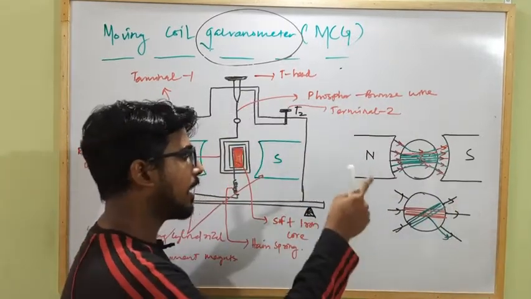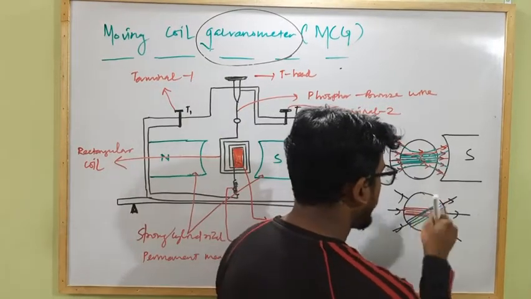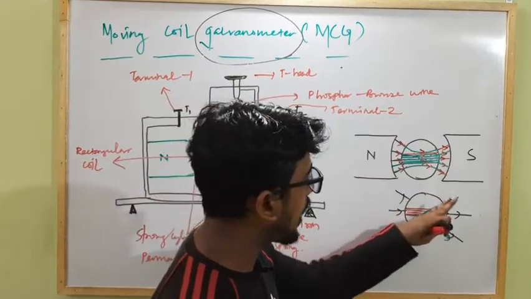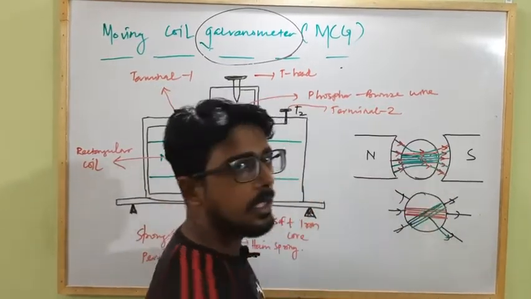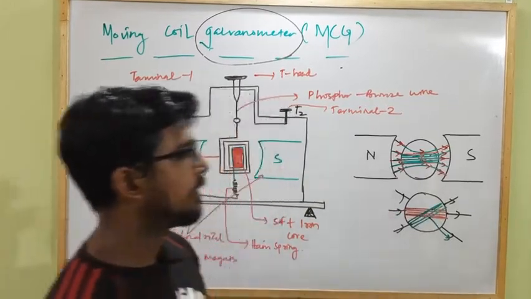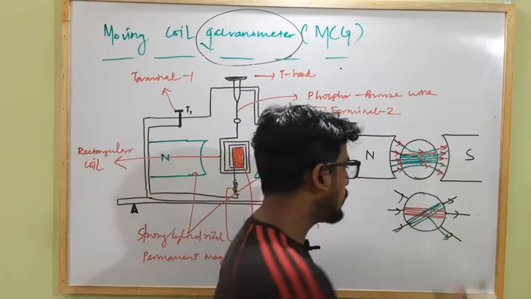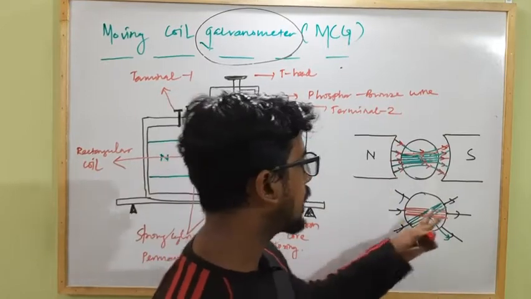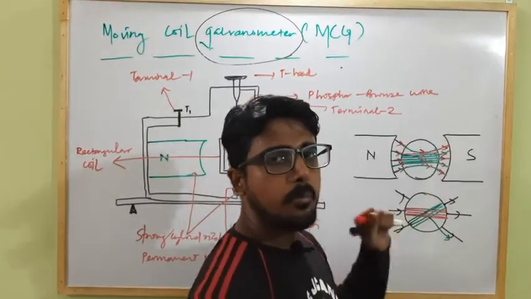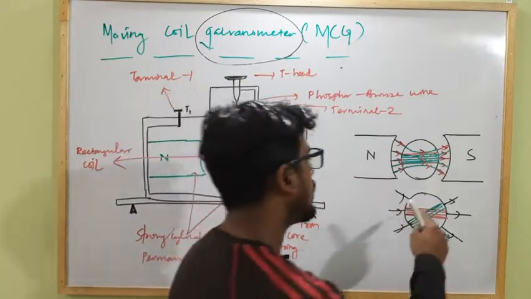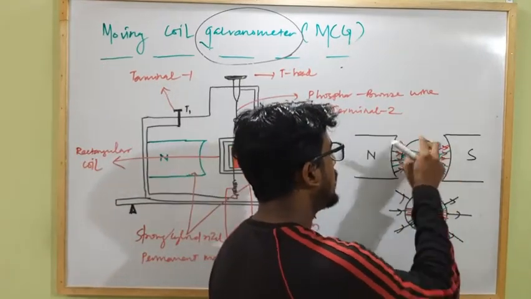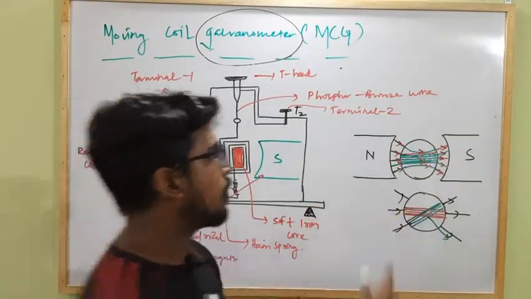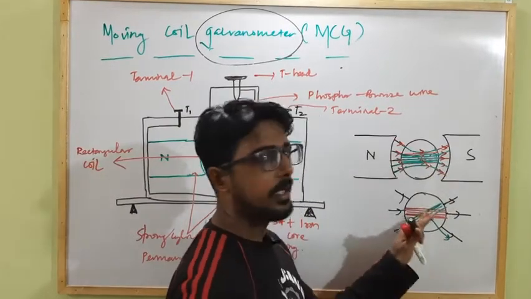That means the torque which is acting on the rectangular coil due to the flow of current and the effect of external magnetic field is independent of the angle between the current carrying coil, area vector, and the direction of magnetic field strength. As at each and every position, the angle between the area vector of the coil and magnetic field strength is 90, the torque acting on the current carrying loop will become constant for each and every position. That's why we are using a radial magnetic field, which makes the torque independent of the angle between the area vector and the magnetic field direction.